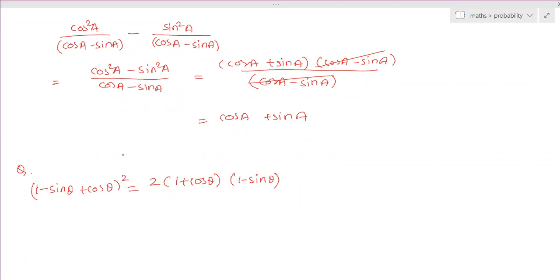Ma'am, it's minus AB minus BC minus AC, right? 2AB, not minus, plus. Okay, plus 2AB, no? Yeah. A square plus b square plus c square plus 2ab plus 2bc plus 2ca. Ma'am, after that, we just go on simplifying this. Yeah, keep simplifying after that.